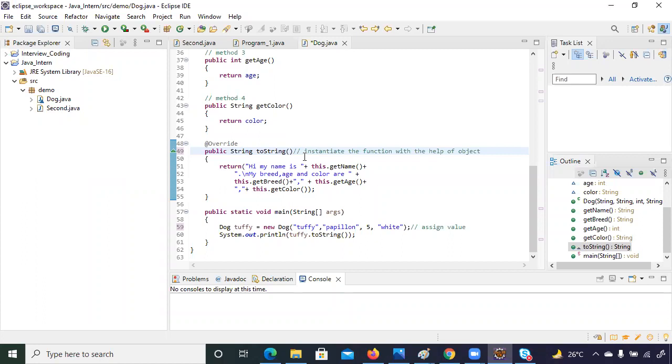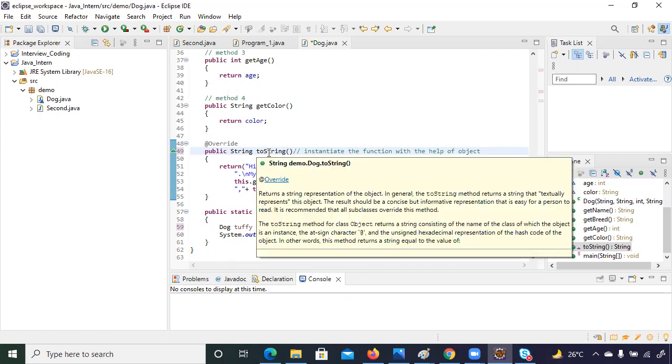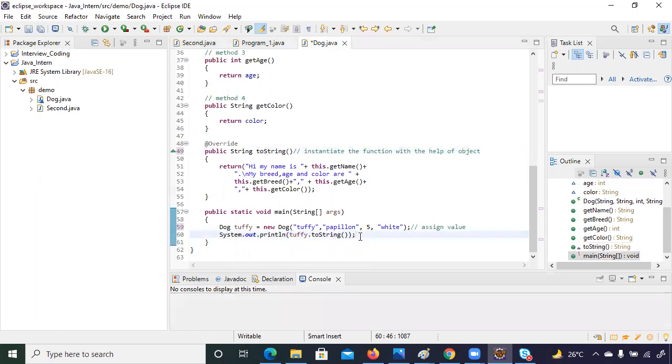So instantiation means what here? Instantiation means the program will get a space on the RAM, and it can be run now. And here when you create an object, you can create an object with any value, but in order to execute a function, you need to call the function. And in order to call the function, you have to call with the help of an object. So here, how are you going to call the function? Calling the function with an object named Tuffy.